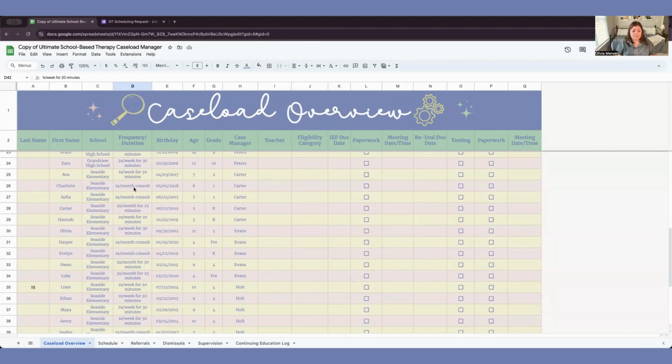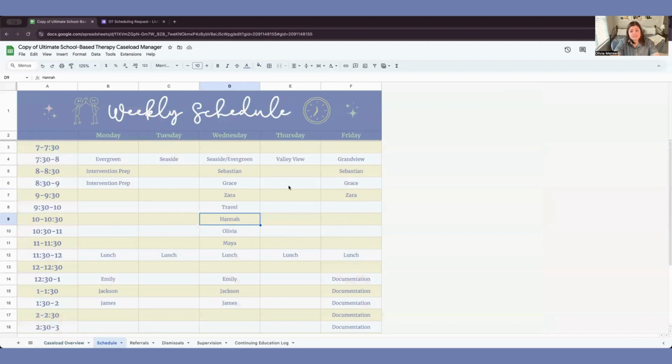Consultation services, if you're not familiar, is any time that you're working with a teacher or another member of the team or the whole team to provide supports on behalf of the student, but you're not necessarily working directly with the student. So for example, we've got Charlotte, who's on consult at Seaside Elementary. So once a month, I'm supposed to be checking in to provide supports for her. What I don't need to do is 2 things. I don't need to leave her off my schedule because I'll forget her, but I don't need to give her